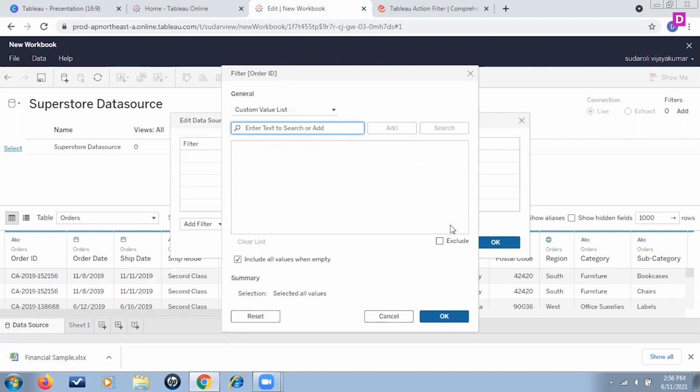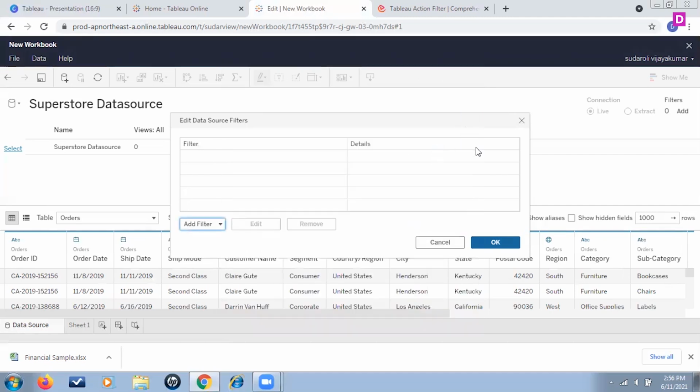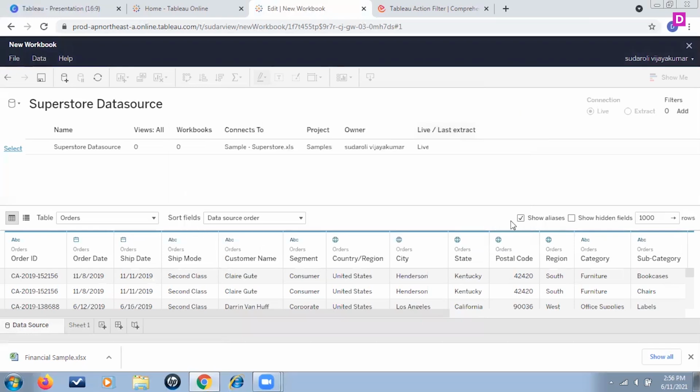And then you can actually go on and perform the excluding operations, and you just give it here and then add it. Okay, so this is one way you can actually make use of the filter, and this is what you call a data source filter. Okay, so what happens in a data source filter is basically